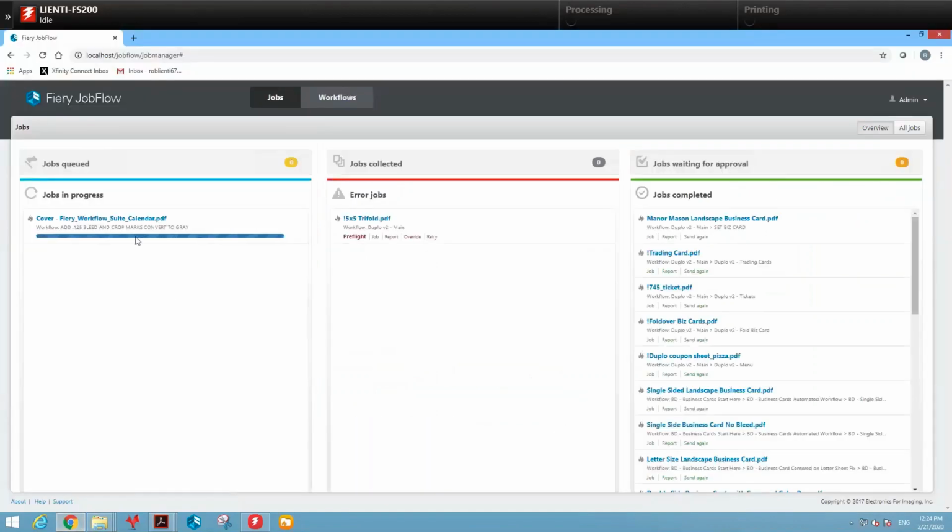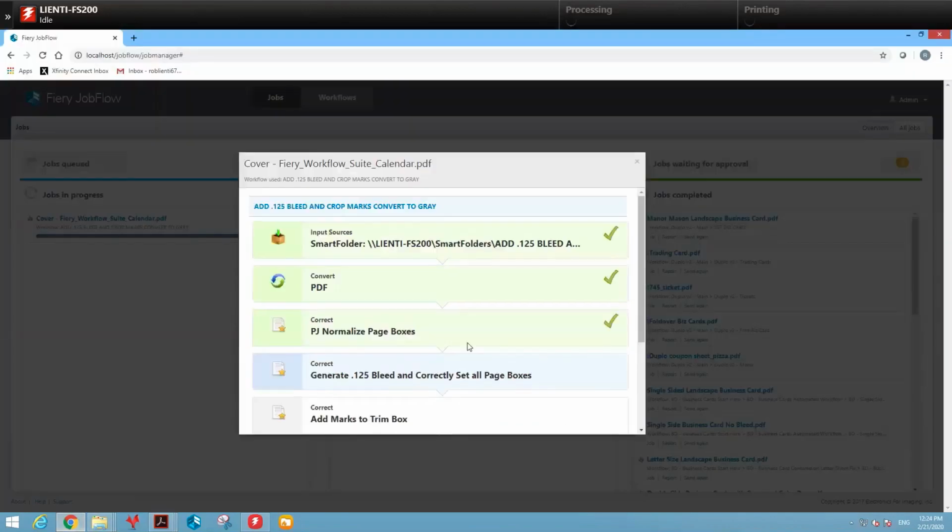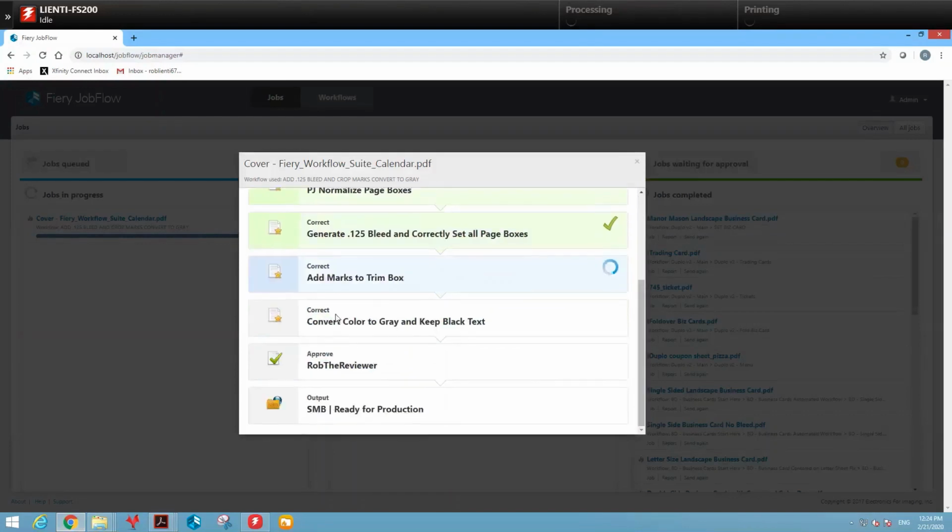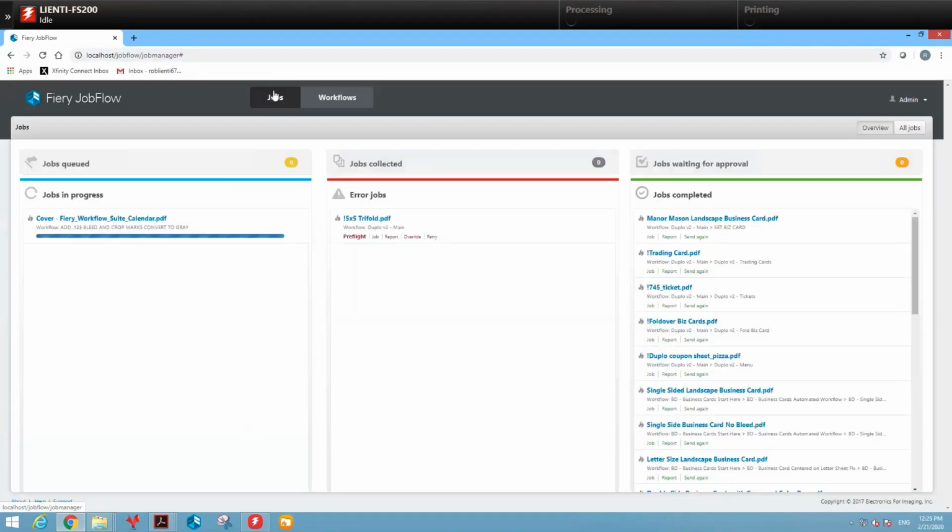But before we send it to wherever we need to send it, we need to approve it. So what will happen is JobFlow will stop here, and it will send an email out to the approver to make sure that they approve this job before we move it further, okay? So in this case, we'll just let this do its thing. I'm going to open up